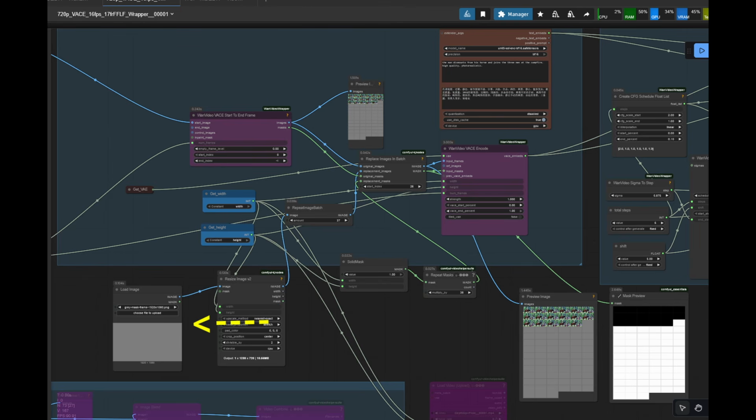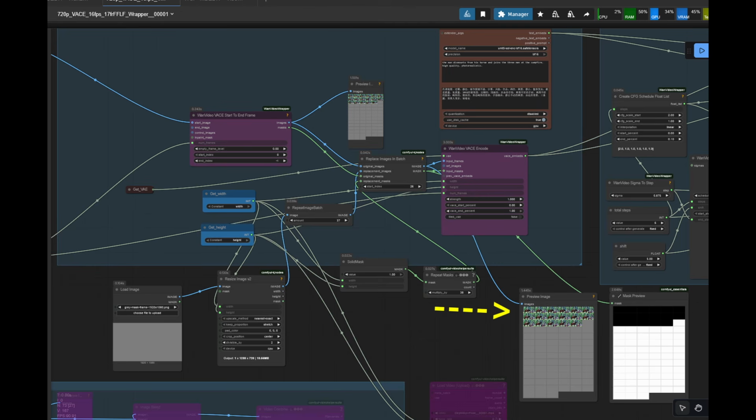In the bottom left is a grey image I am loading, but after that. In this situation I might not need it, but I do it anyway. It is middle grey because VACE will then know that this is a frame I want it to replace. Before we look at the nodes, look at the previews on the bottom right, where I have previewed the image and the mask frames that are going to be fed to VACE. White mask tells VACE to write over that frame, and a black mask tells VACE to ignore that frame.